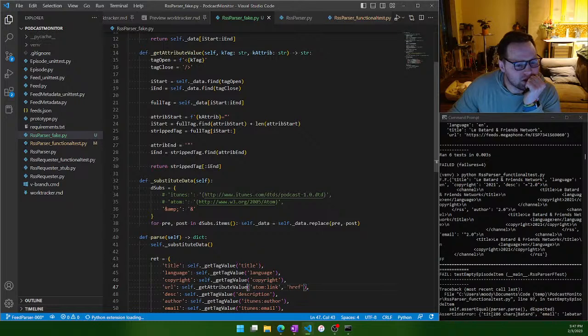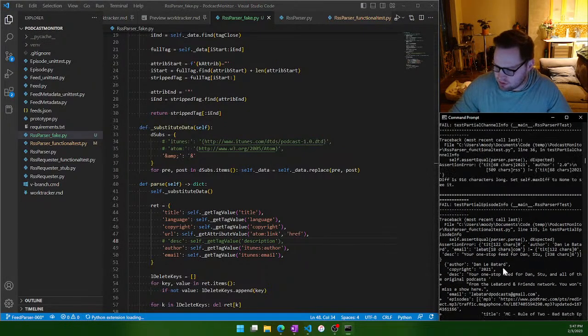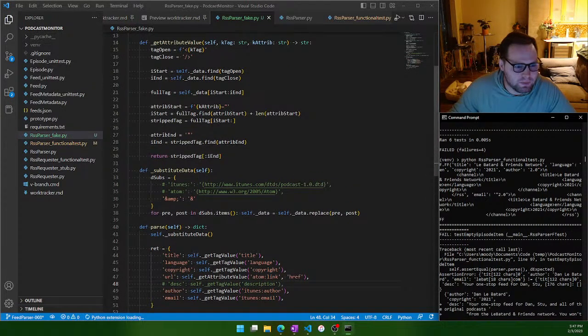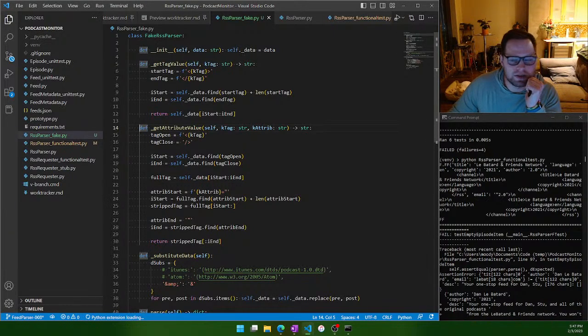So let's see. Just remove that for a second and see what the other ones do. Yeah, okay, so it's when it's not finding it, it's messed up. So in here, whatever update this is to VS Code is buggy. So if it can't find the start tag and the end tag,